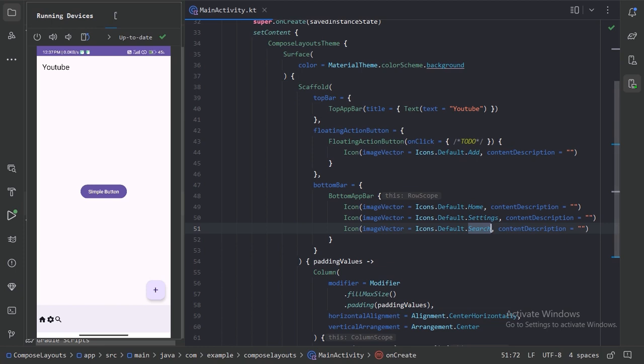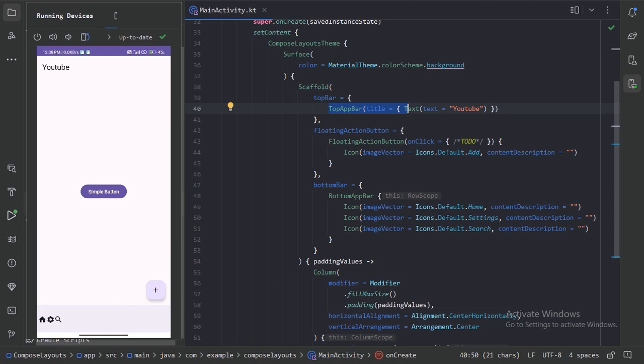And if you want to know how to implement these top app bar, floating action button, and these bottom app bar and many more things which come with the material 3 libraries, I have a full playlist on this where I have discussed how and when to use these material 3 components. You can watch that playlist by pressing that I button.